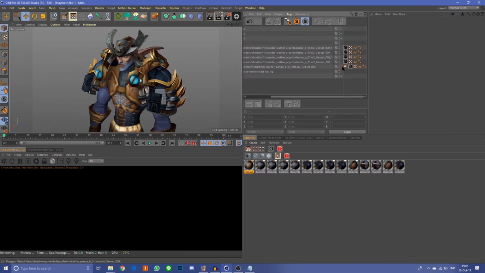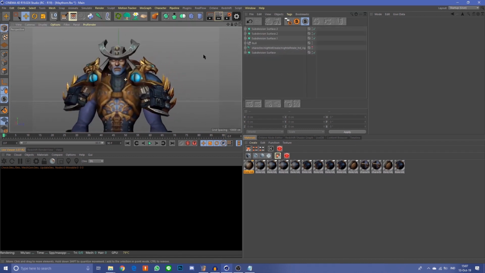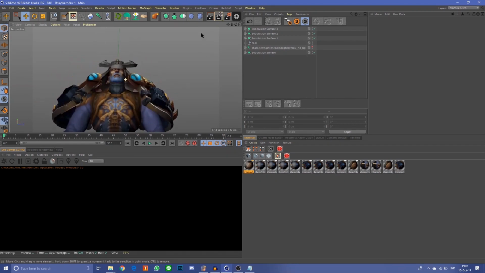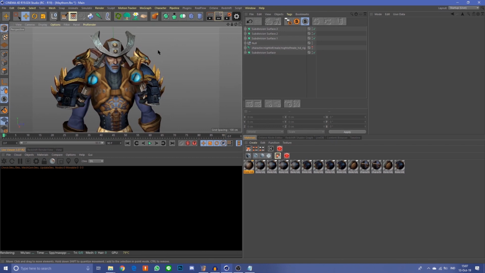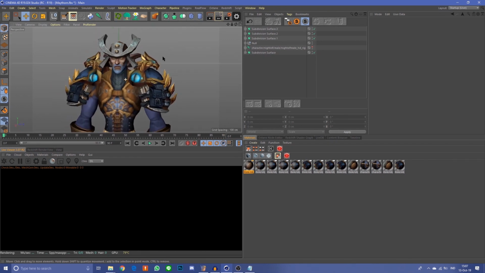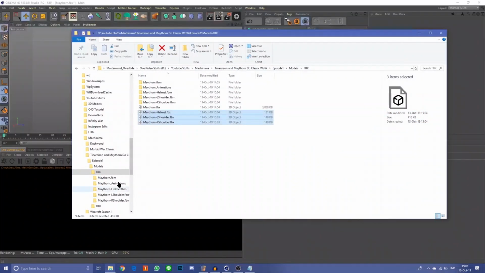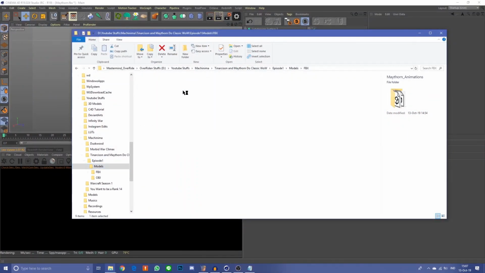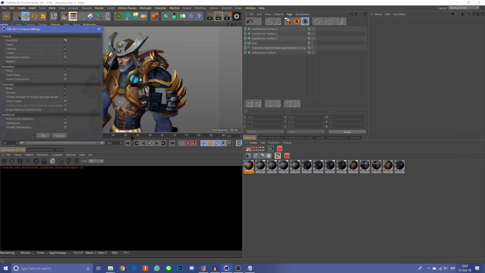I can hide the helmet, I think. I don't really need to see it. Now anything but the helmet is actually not placed where it's supposed to be. Like you can see the size and the rotation, they're all different. So this is one of the reasons why I export the hands close animation. So we can open it,